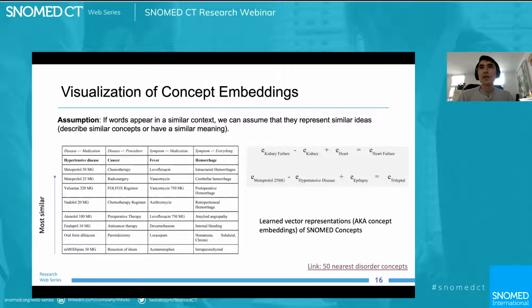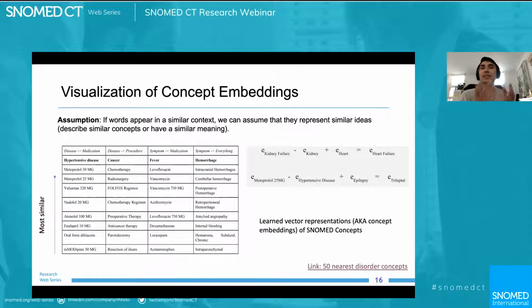Fantastic. So the way it works is, the architecture has been inspired by a technology called Word2Vec. However, this isn't quite Word2Vec, but rather a concept2Vec, where you use SNOMED CT concepts and represent them with something we call an embedding or a vector representation.